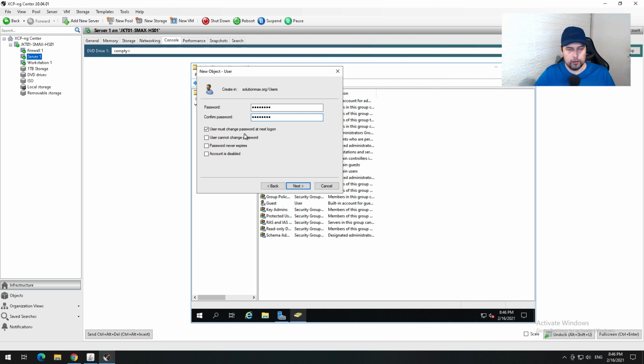Here you can choose if the user is logging in that he can instantly change his password. You can also say this user cannot change his password, the password never expires, or the account is disabled. So you can disable the account from here. You can make sure that the password never expires. You can also make sure that he cannot change his password, or you can say the next time you log in you have to change your password. So I'm going to click on next, click on finish,